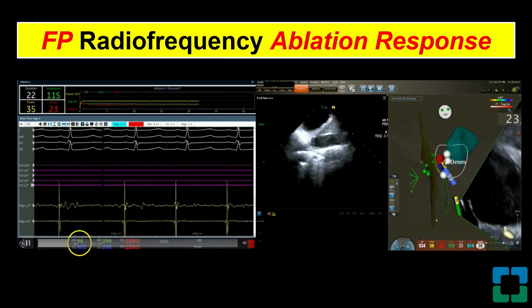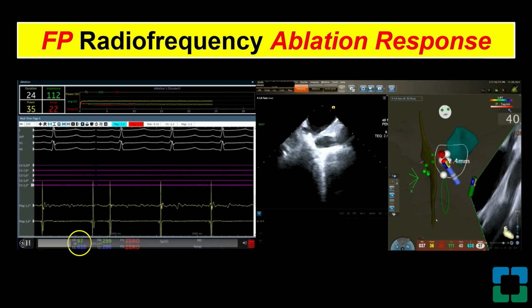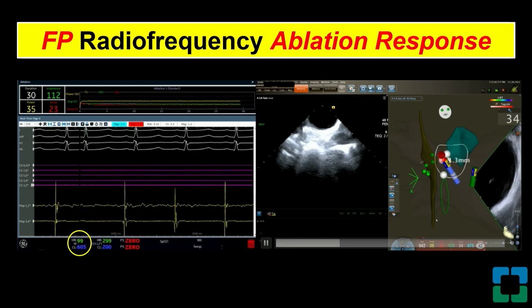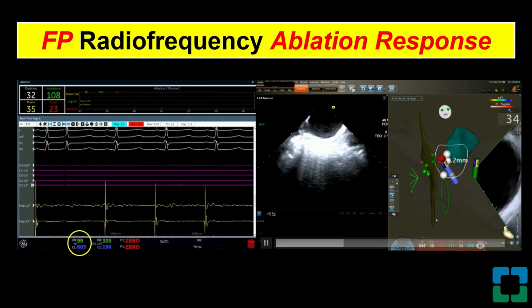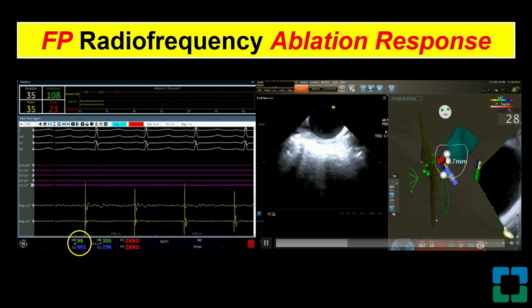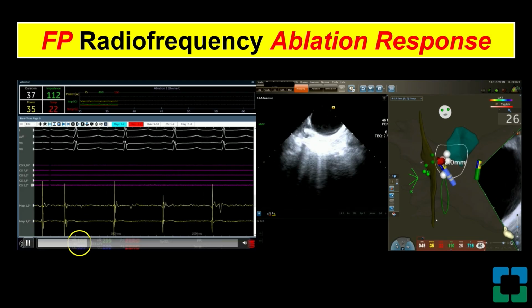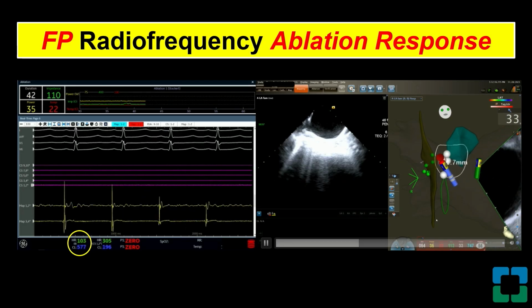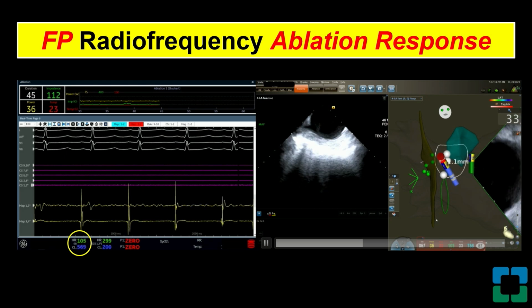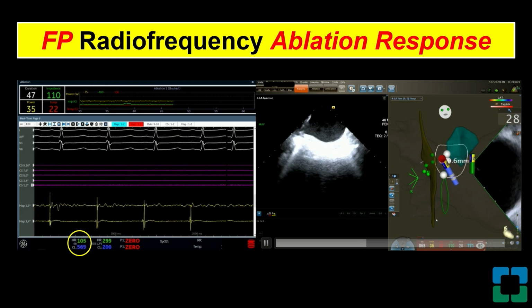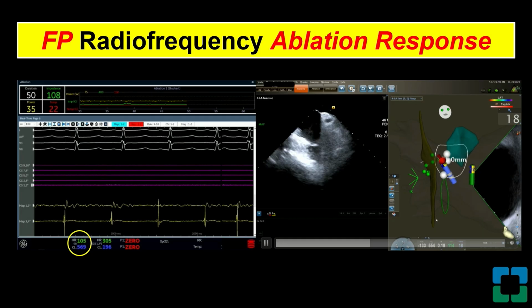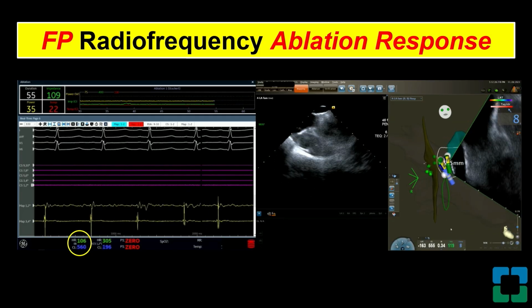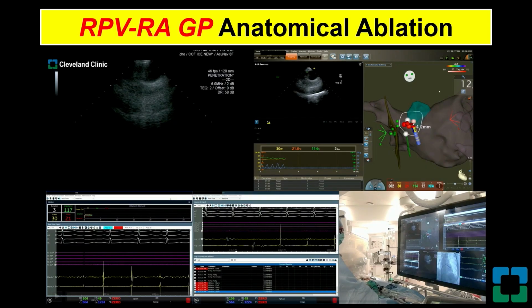We always accept at least 25% to 30% increase in the heart rate. But you can see here with ablation, usually we do 30 to 35 watts for about 60 seconds per spot. Because the idea here is not to ablate just atrial tissue, but to ablate through the atrial tissue within the fat pads where the ganglia are really located. And here you can see it goes all the way up to 100 beats per minute just by ablating in this specific area. You see in this map, the fat pad has been reconstructed in green. This is the area of ablation of the left atrium that is opposite to the fat pad. And here you also see the phrenic nerve. And the green dots are high pacing, high output that shows proximity to the phrenic nerve.